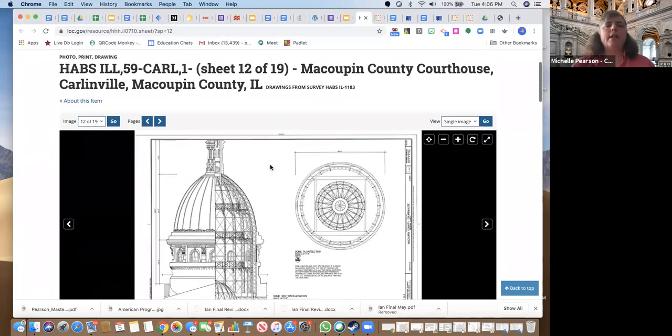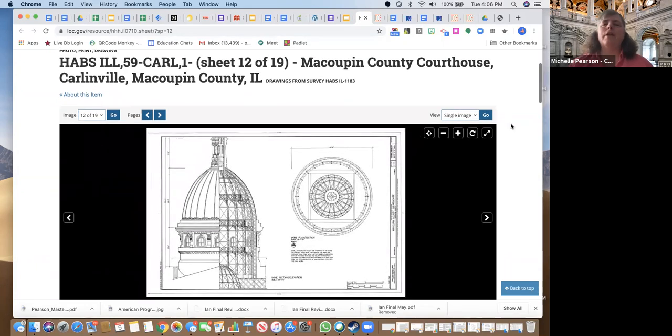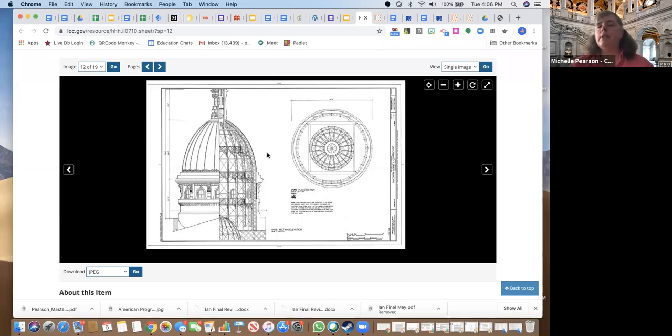But this is the HABS and HAL. This means the Historic American Building Survey, which means this is a survey that looks at how buildings are made. And this is a cross-section. And for those of you who are librarians, you probably know of the Macaulay books and some of the others that show cross-sections of buildings. The HABS and HAER and HAL collection really showcase not only the elements of a building, but they showcase how they're built and the decorative design work that makes them architecturally or engineering special, which means they stand out,